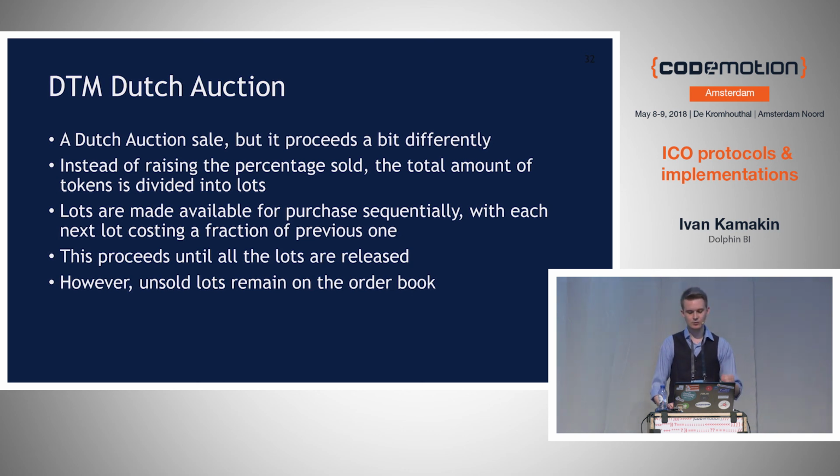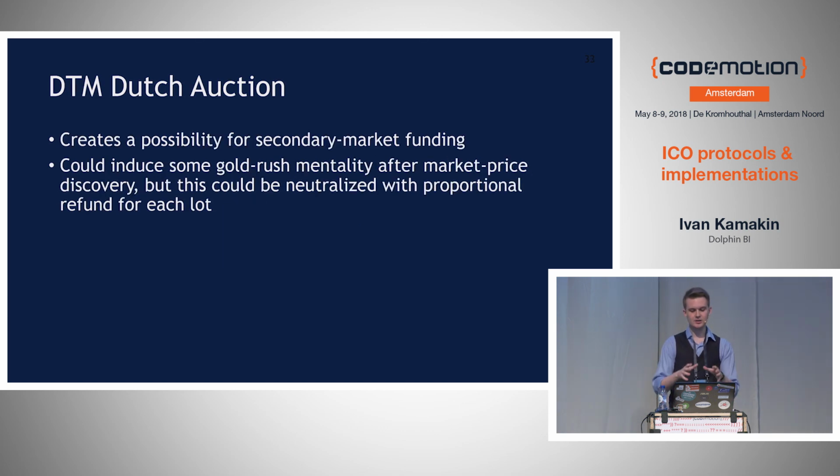However, these lots that are more expensive than market price still remain on the order book and can potentially be bought out. So the idea here is that these remaining orders will be bought out once and if token price of the exchanges will reach their level, which allows the developers to get a reward if the project is successful and the token is doing great. There may be some problems with gold rush mentality, as people try to buy out cheaper lots, but setting a proportional refund would pretty much be like setting a proportional refund in a multi-round sale,